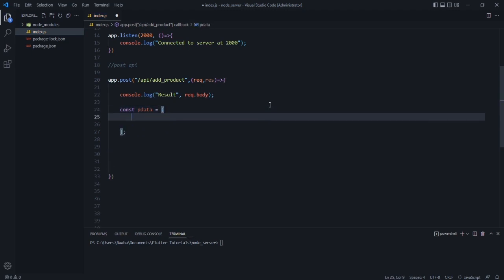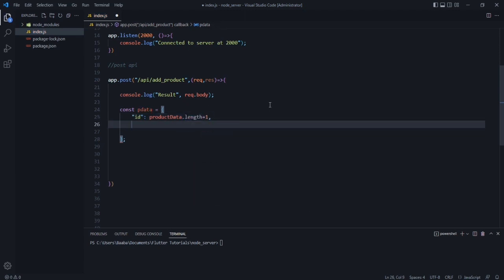And in here, as you know that whenever we enter some data to our backend, the ID is automatically added and incremented as we increase the number of items. So in this backend we are creating the ID, so it will be ID, and it will be equal to our product data.length plus 1. So whenever a new product is added in the product data list, it will be auto incremented.